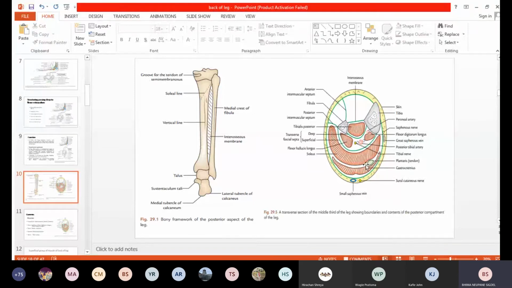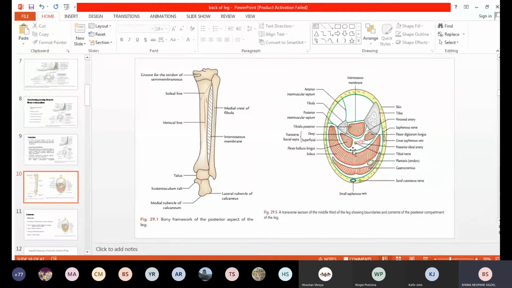So gastrocnemius, and just beneath the gastrocnemius, a small vestigial muscle that is known as plantaris, with the tendon of the plantaris muscle. Deeper to this muscle you will get the big muscle that is known as the soleus muscle. In between, two transverse fascial septa are there to divide these muscles. The superficial and deep transverse fascial septa will divide the muscles of the back of the leg into different compartments.